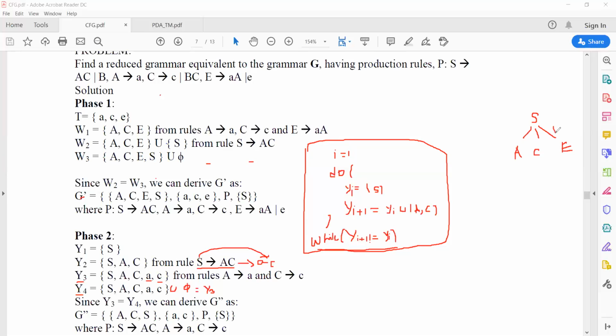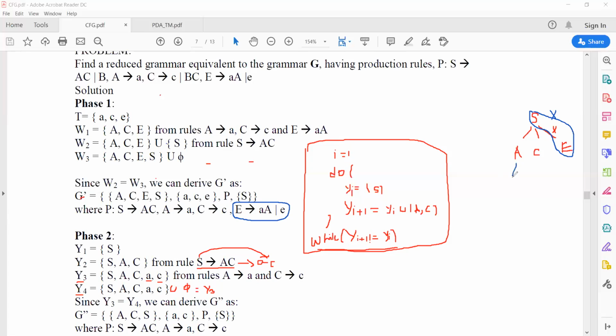So this part no longer exists as a sentential form. So in part C, this does not exist. That's why this is a totally unused and not required production rule and non-terminal.